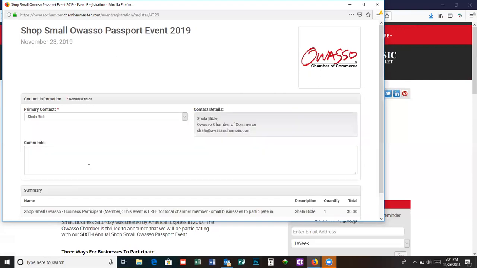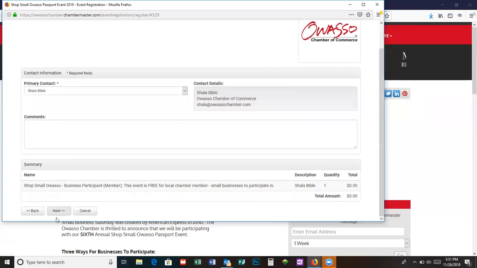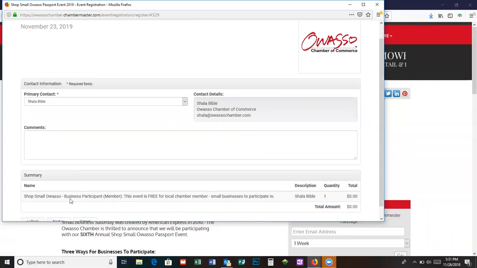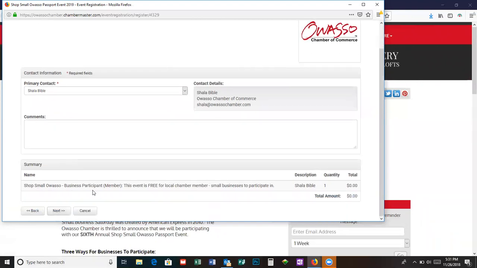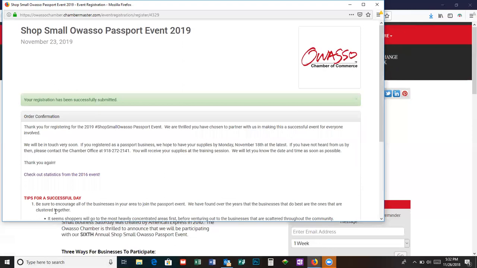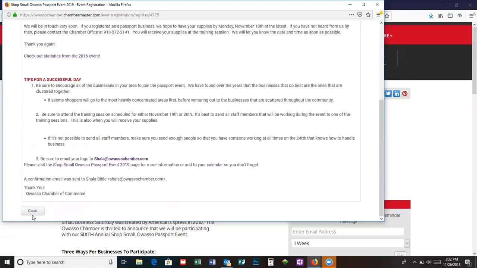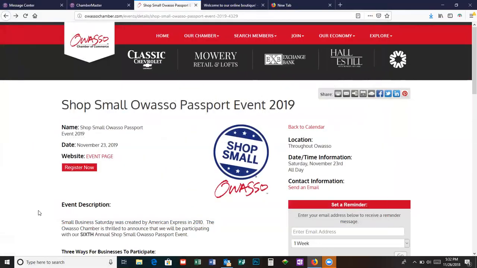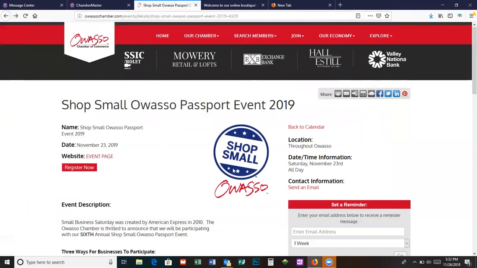So I'm going to hit next. And then this is just kind of like a confirmation. So see, it says business participant. So I'm going to hit next again. Okay, so my registration has been successfully submitted, okay? So now,